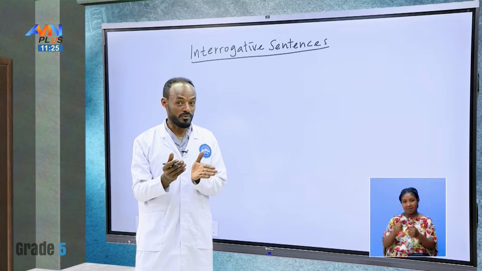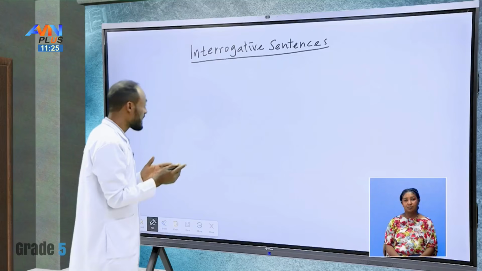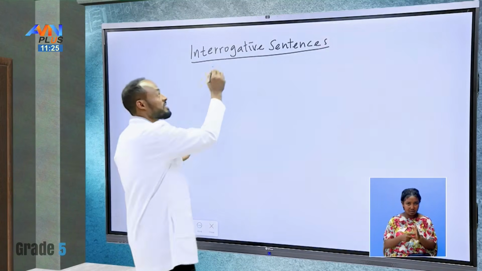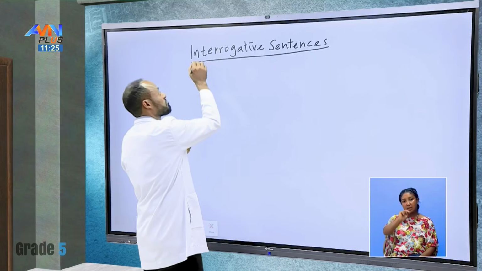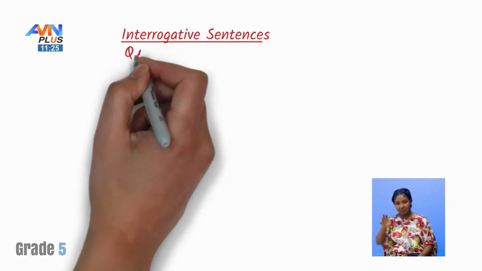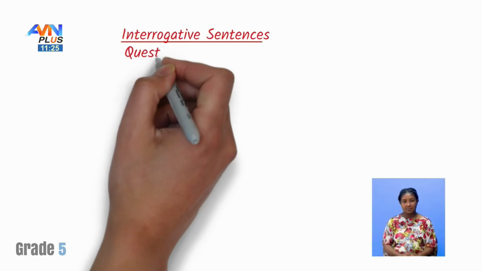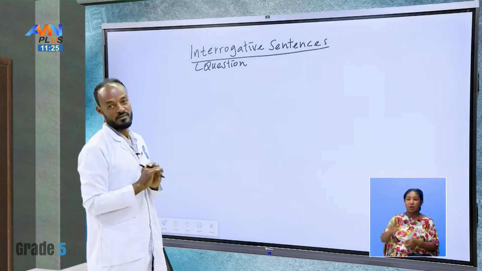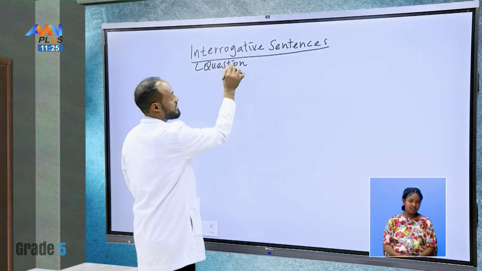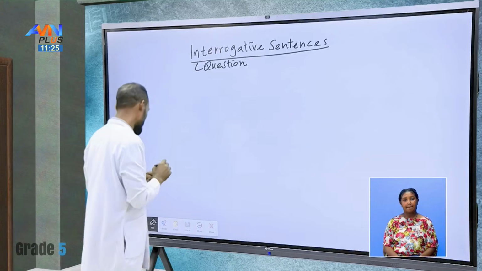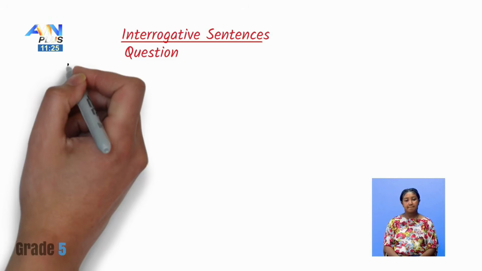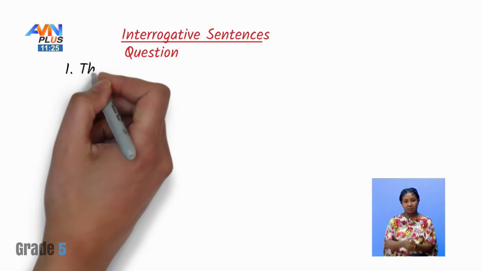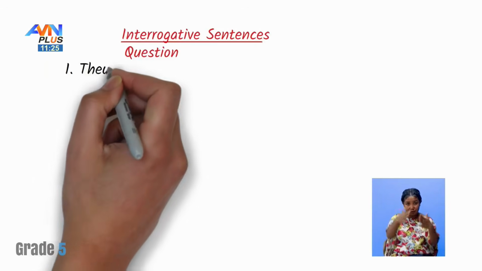When we say interrogative sentence, we mean what? Question. This means question, okay? Don't worry, because at the end of this sentence, there should be a question mark. Now I'm going to give you an activity, then after that, you will do yours. Okay? For example,